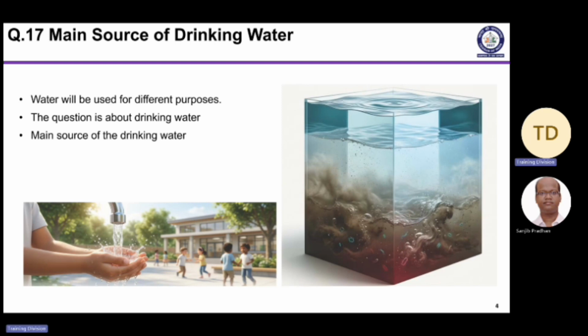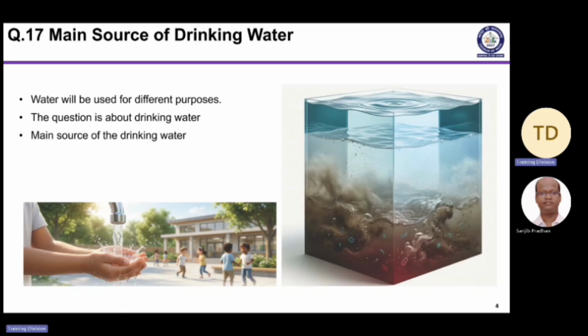I am just putting 2-3 sentences here because you know that water will be used by every household, in every census house, for different purposes. But our question is about drinking water. We have to highlight that because in urban areas or in certain rural areas it's now a practice that you are getting good potable water, but still people use bottled water for drinking. So the enumerator must specify that we are asking about drinking water, and what is the main source of drinking water.